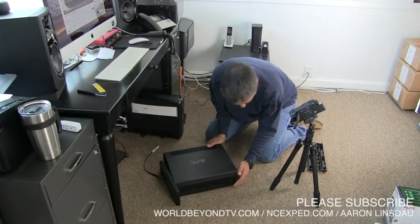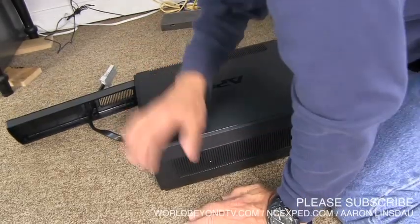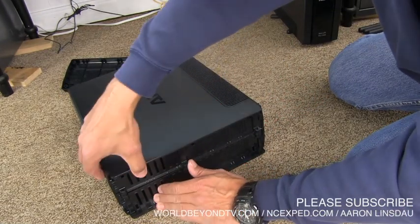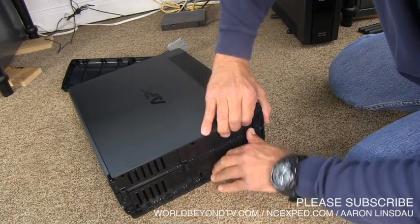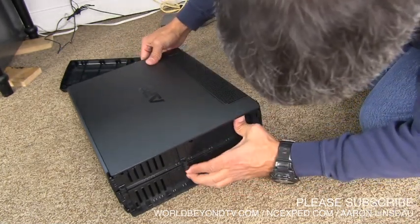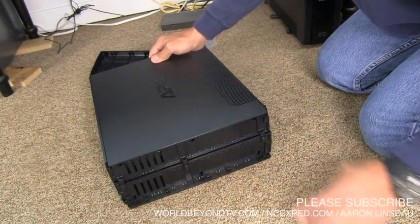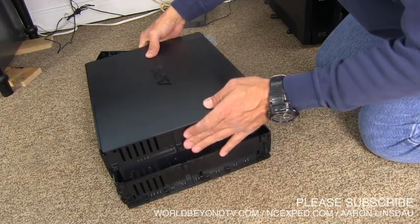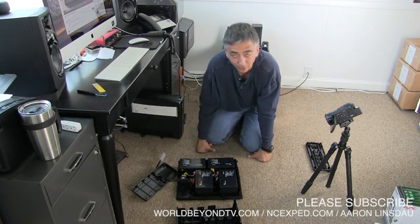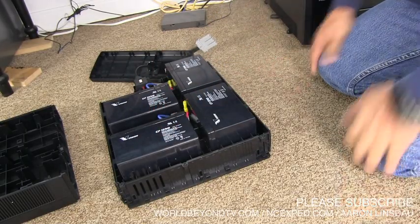All right, so once you get this cracked open, you've unscrewed the front, you've unscrewed the back, and everything seems good. There are these little tabs in here that you have to lift off, just lift a little bit, and then don't break it, of course, because those are my funny fail videos. There we go. Once you get these loosened up here, then you just simply slide this off. Voila. And this is why you get 200 extra minutes out of this thing, it has 4 replaceable battery packs in here,